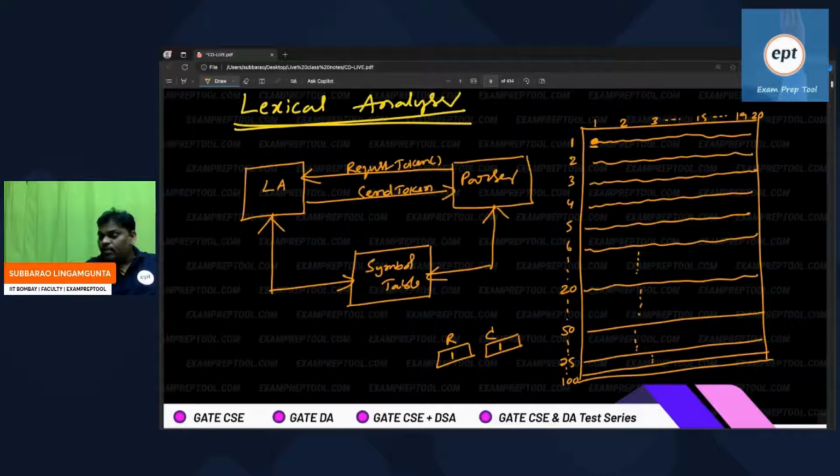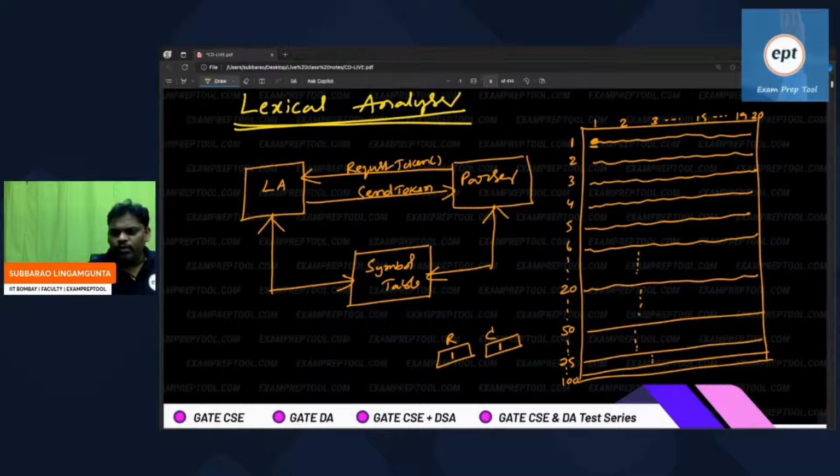Please listen from now onwards, everyone. If anyone says, sir, I didn't get lexical analyzer, I just started. I wrote one diagram and one program roughly. Whatever is needed, that program I wrote. Now understand what I'm going to do. Initially, in the program, I am at row number 1, column number 1.